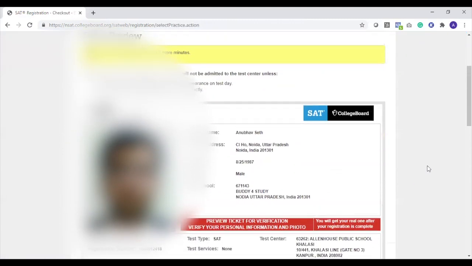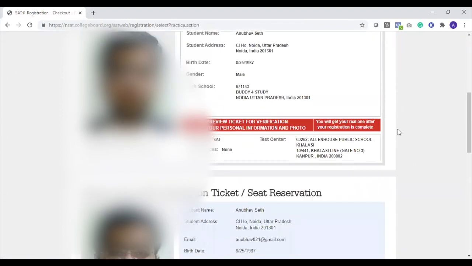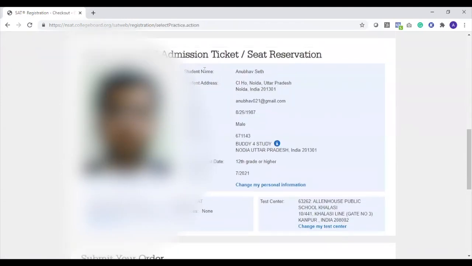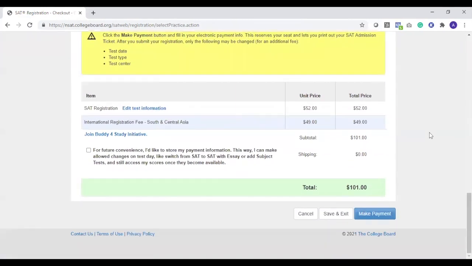So now you have arrived at the overall part where you see the entire application. Just check it with respect to all the details that you have filled up. It's very important, and all these details should be cross-checked multiple times, because these details are going to be present on your overall form, and these are the details that are going to be present on your admit card. So please check all those details because they are very, very important.